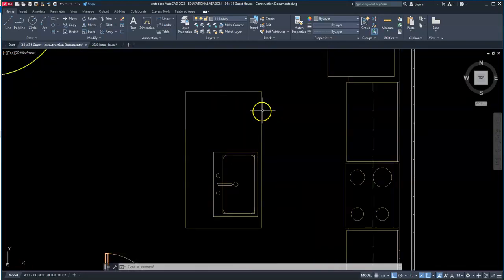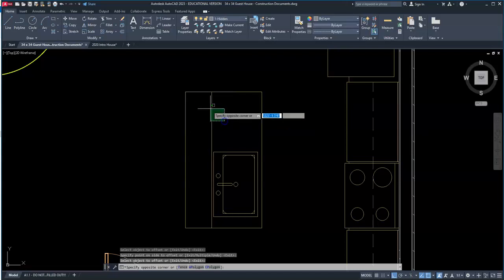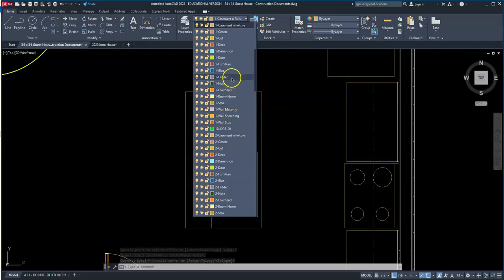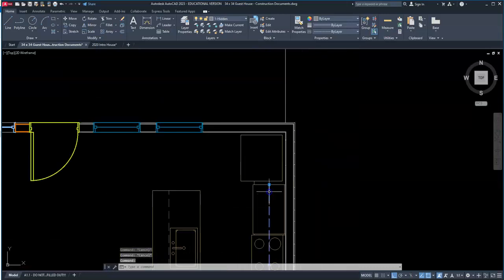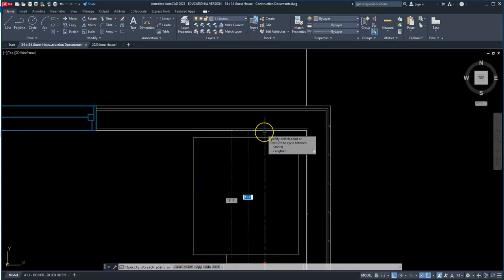All right, so I'm going to offset this line 2 feet back because I know that my base cabinets are 2 feet. So offset, I'm going to go 2 feet. Offset. Change the layer to hidden. All right. Now this line needs to extend all the way across if you put a cabinet above your refrigerator. If you did not, it stays here. So I'm going to click that endpoint, release the button, and just move my mouse up. And then click again,